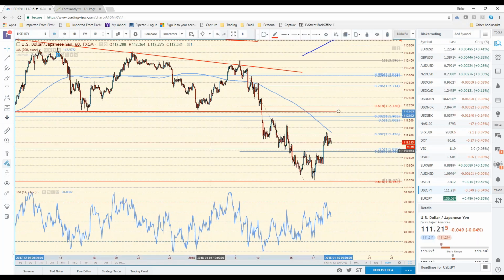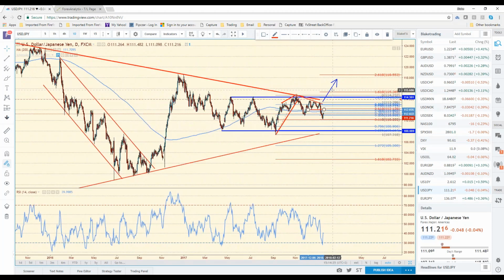But all in all, I agree with you, Dale, as far as the dollar yen goes. With yields rallying, bonds selling off, equities being strong, the dollar yen should be well above the 113, 114 level, and we're just not. It's been underperforming. That's been one of the reasons why I personally, and let me get rid of this, this is something I drew a long time ago, just in case we broke out. That's why I've consistently stayed on the short side of the dollar yen, even though I'm not short it now. That's one of the reasons why I've been shorting it up at 113.50 from late last year,